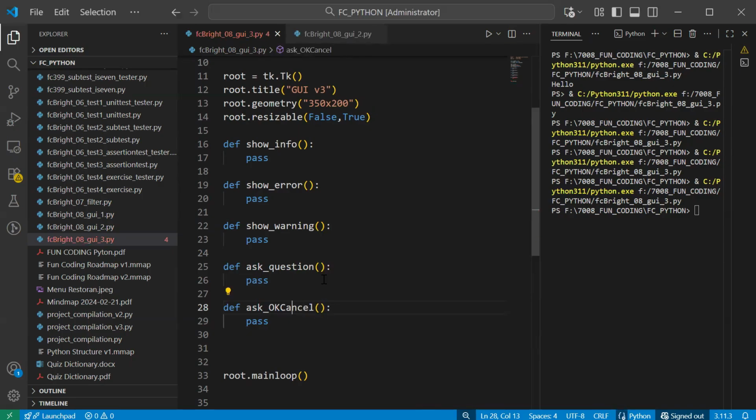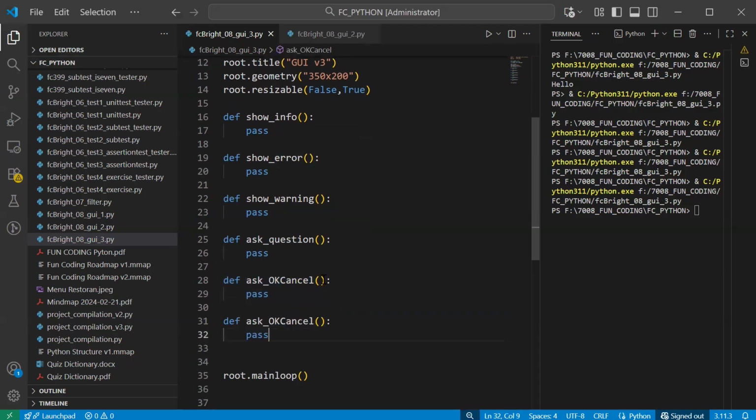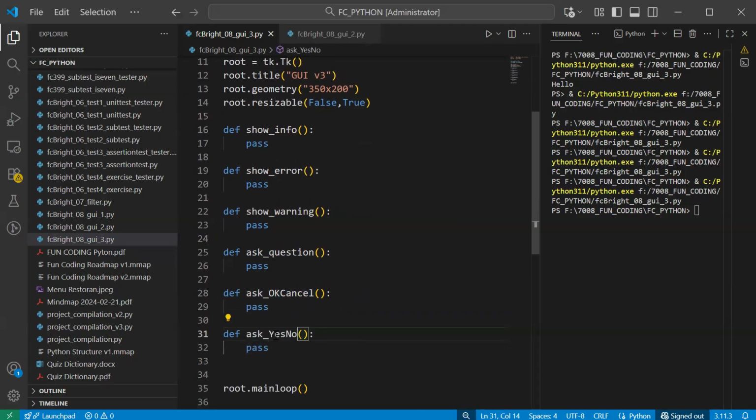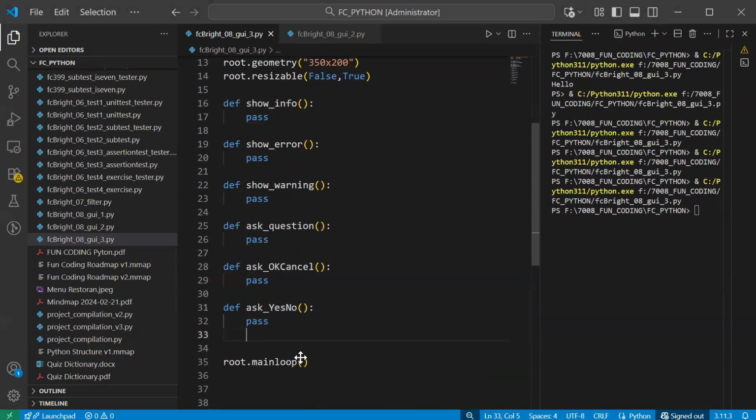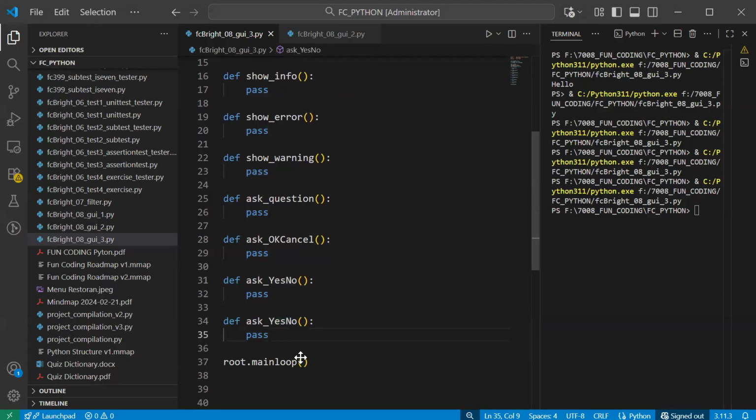And then a subroutine for yes and no. We can add more subroutines. This one is for when we want to retry, yes, retry, or cancel.